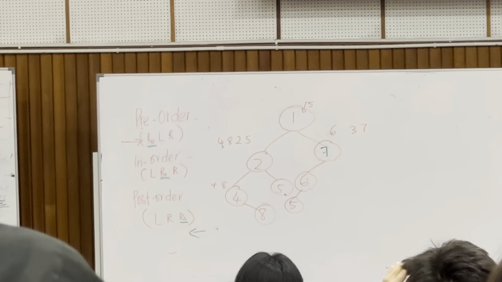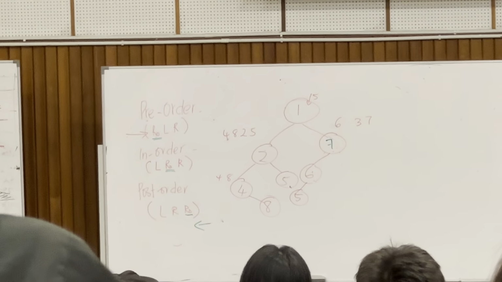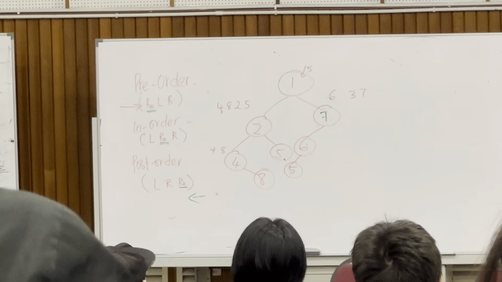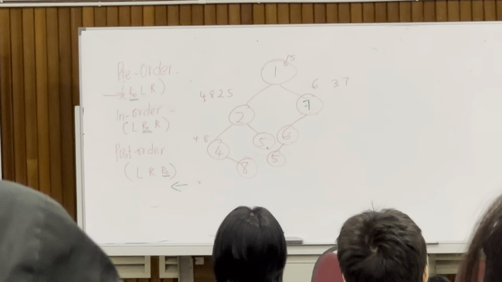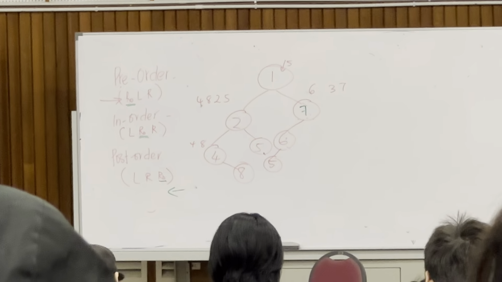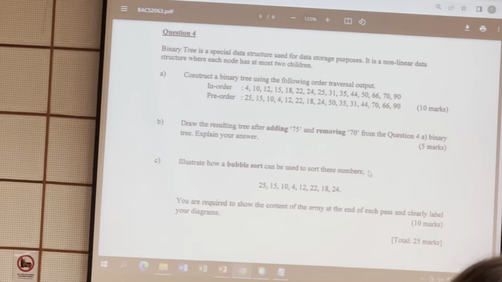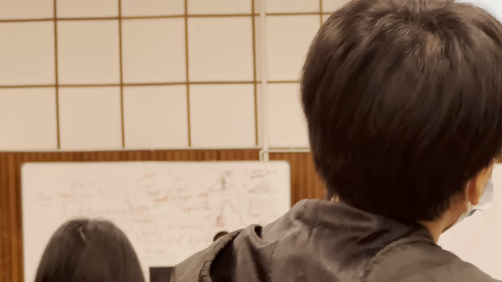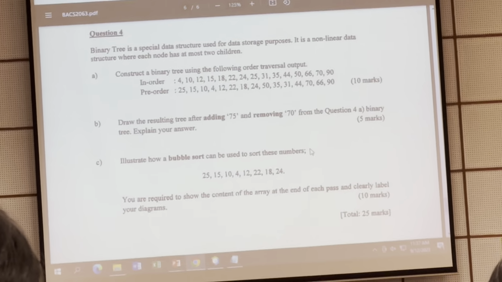Similarly, you can do this question. It's quite easy to score marks here. It's very easy. You just have to draw and know how to do it. No need to revise a lot. So you can put a lot of effort into question 3, the coding question. So this is a similar one where you have to add 75, then remove 70. You may have a single